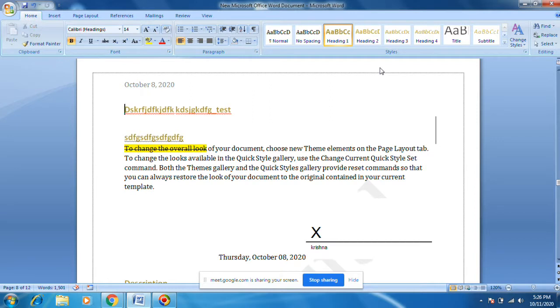Through control click we can go to whatever hyperlink location.